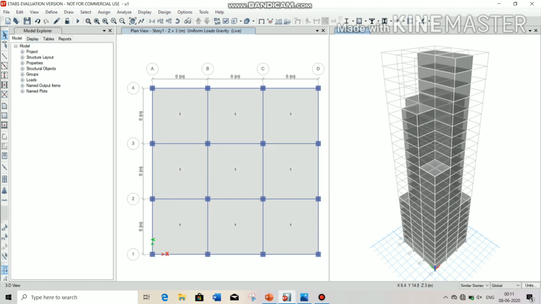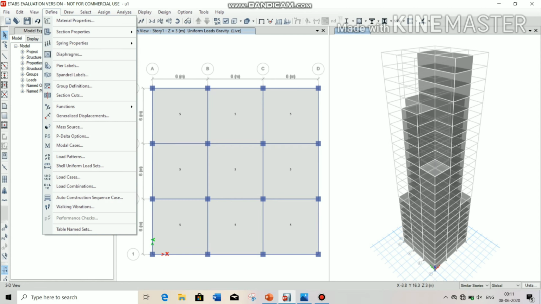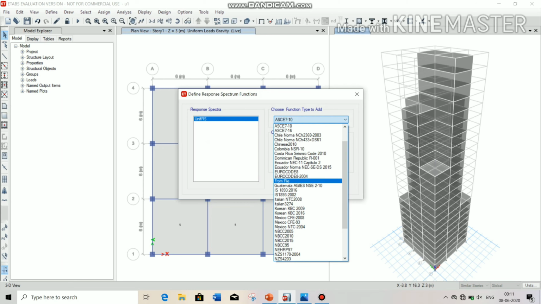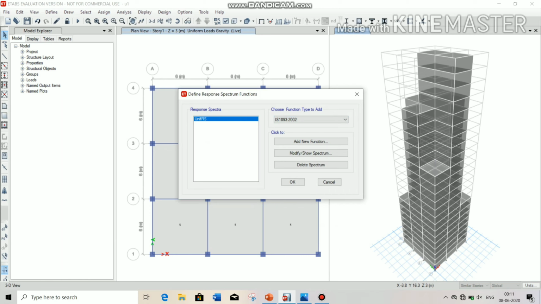After that, go to Define, click on Function and click on Response Spectrum. Choose the function type from here. Choose IS 1893-2002 from here. Click on Add New Function.